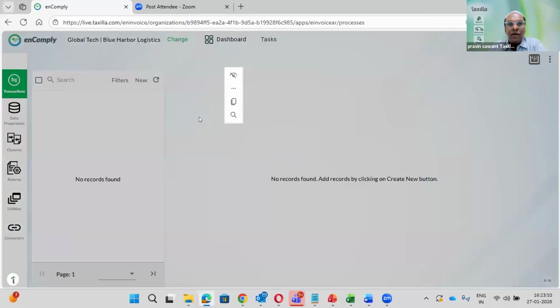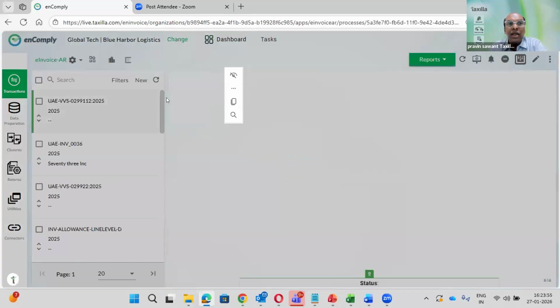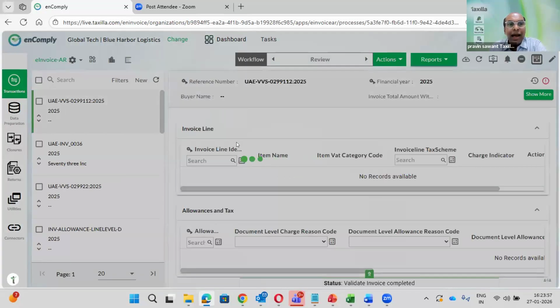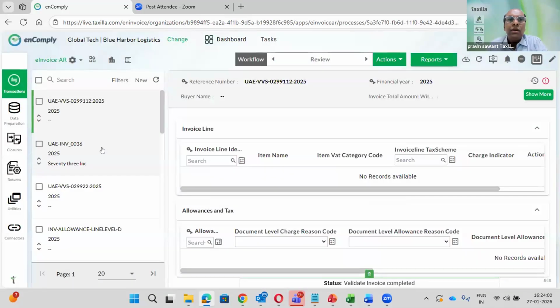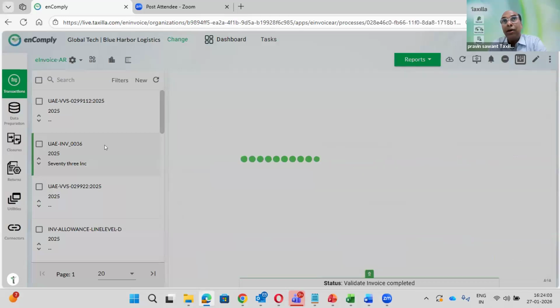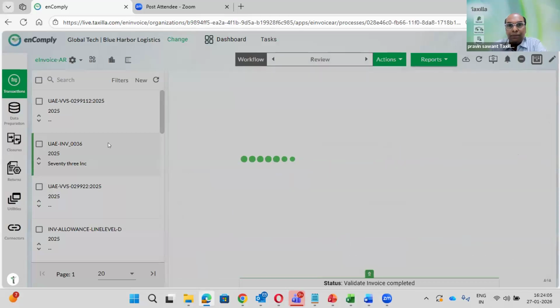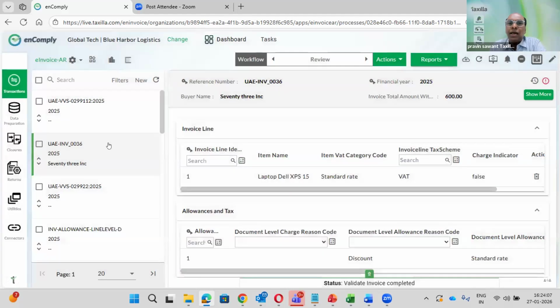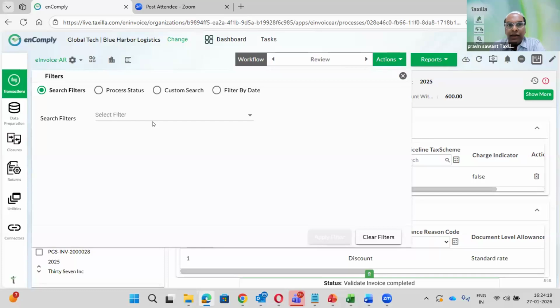When you click here, you will see on the left-hand side whatever data you stored, and on the right-hand side you will see the complete detail. Now, as you know, in VAT rules you also have to archive the data. Typically, people archive the data by just storing it on a hard disk or as a physical copy like a printout. But in e-invoicing, what is archival for 5 to 7 years?